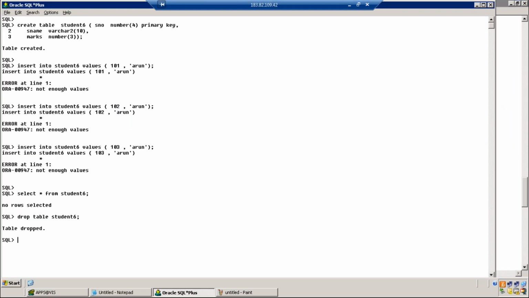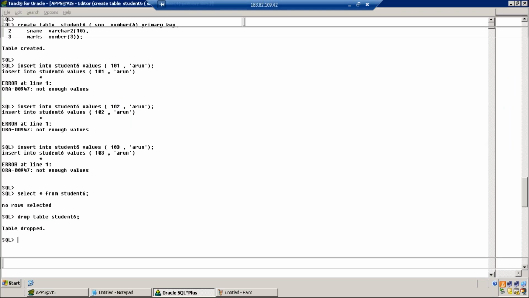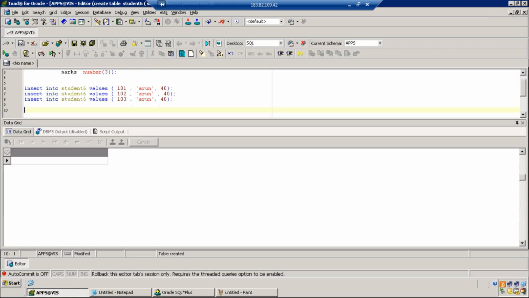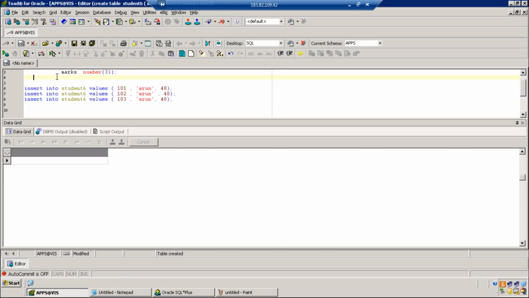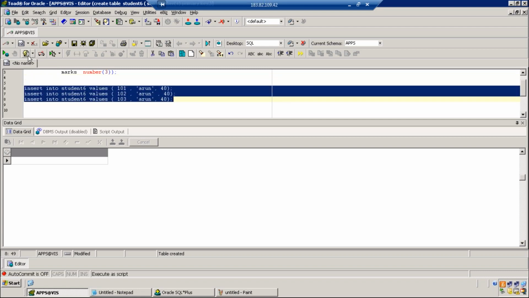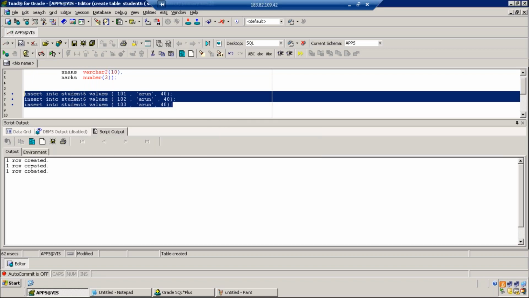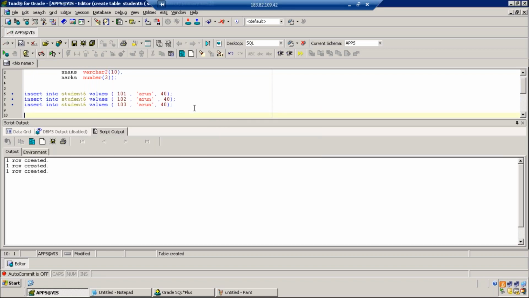Copy, paste, select all the 3 lines, and then run as script. Execute as script. Select the lines which you want to run, these 3 lines, execute as script. 1 row created, 1 row created, 1 row created.